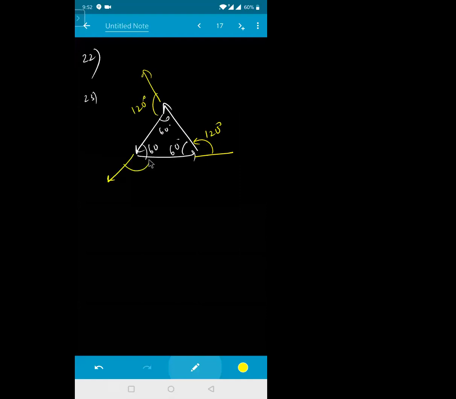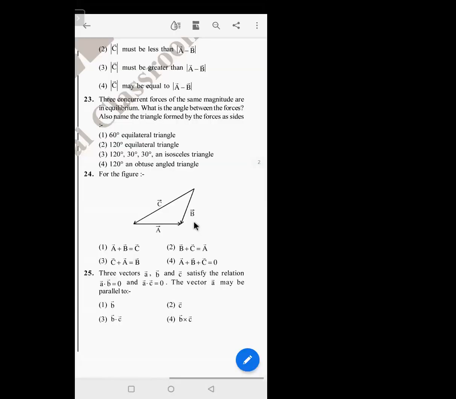Extend this one also, this will also be 120. It is 120 and it will be what in? Equilateral triangle. It will be an equilateral triangle and theta will be equal to 120 degrees, but not 60 degrees. Make sure of that one. I did this one in the class also when I was doing the lecture basically. Clear?